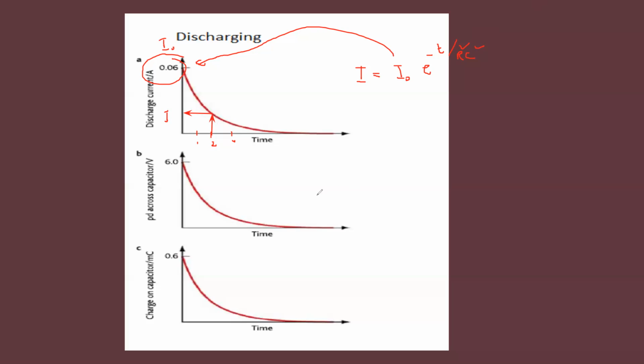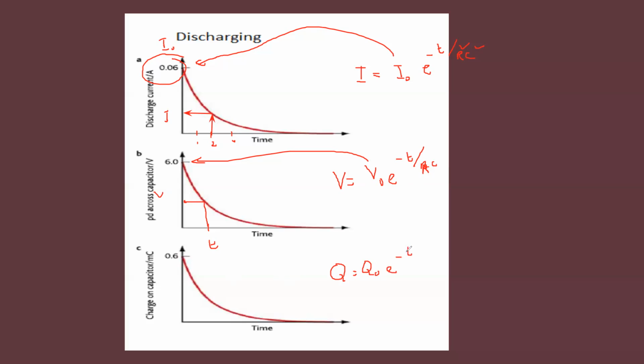In the same way, if we need the voltage of a capacitor after a certain time interval, it's a similar formula. V equals V naught e raised to power minus t over RC. V naught is the maximum voltage. V is the voltage at a certain time. R is the external resistance through which the capacitor discharges, because it's a discharging graph, and C is the capacitance of the capacitor. And in terms of charge, the formula is Q equals Q naught